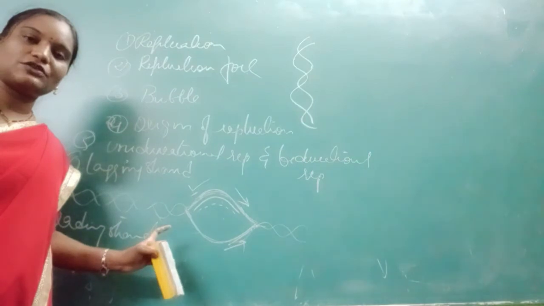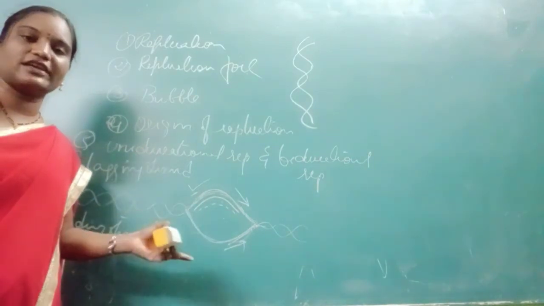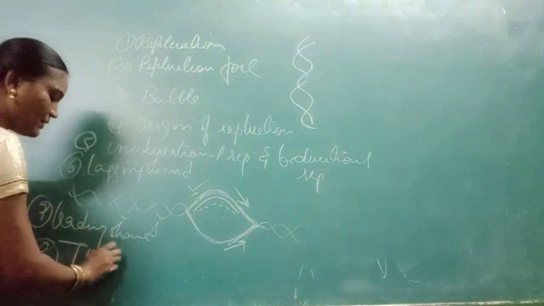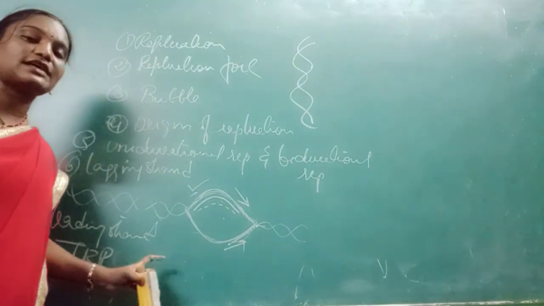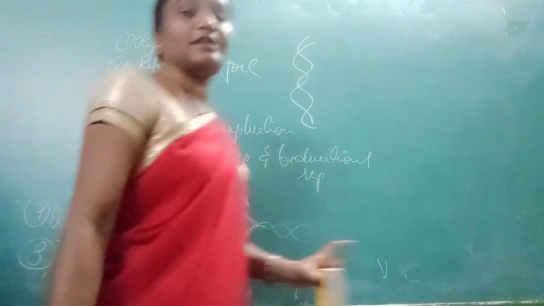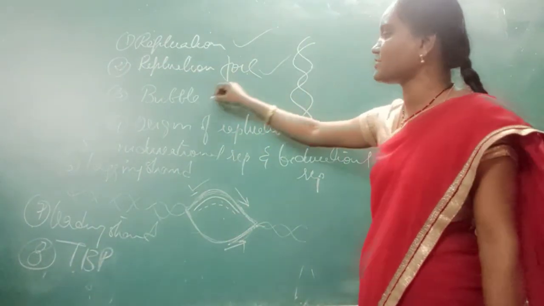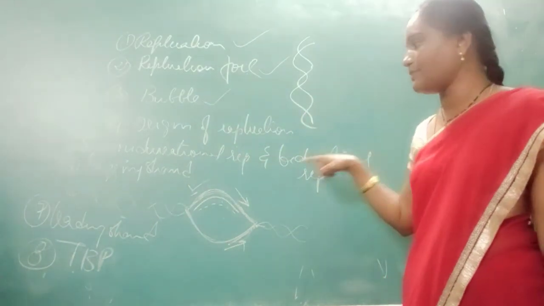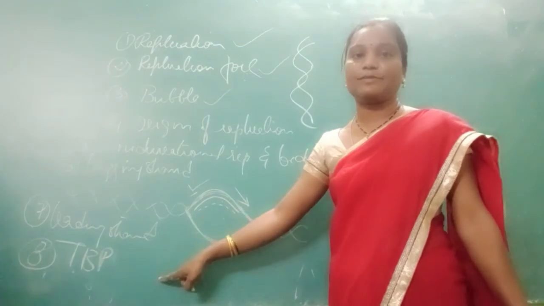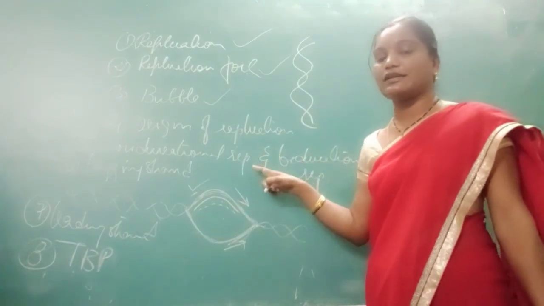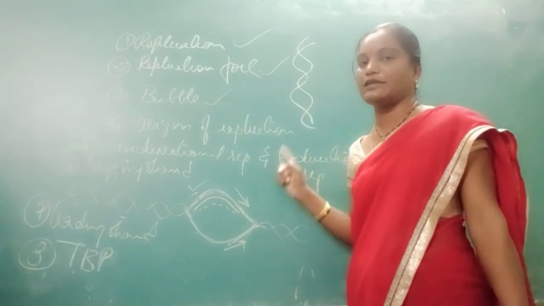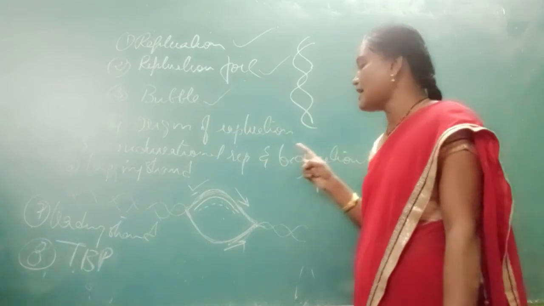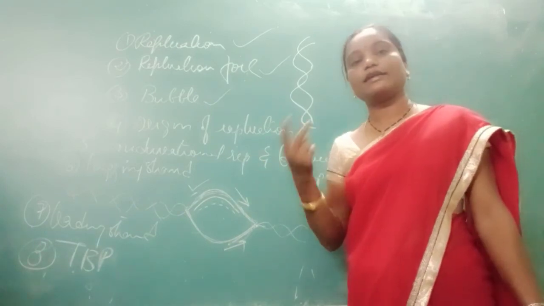After formation of these two strands, they are proofread by several enzymes. Next are the TBP proteins. TBP means Ter binding proteins. Ter binding proteins are used during termination of DNA replication. Once again: replication, replication fork, replication bubble, origin of DNA replication, unidirectional and bidirectional replication, lagging strand, leading strand, and Ter binding proteins. And one more thing, in unidirectional replication you will observe only one replication fork, and in bidirectional replication two replication forks. In unidirectional replication there is only one lagging strand and one leading strand, and in bidirectional replication two lagging and two leading strands.